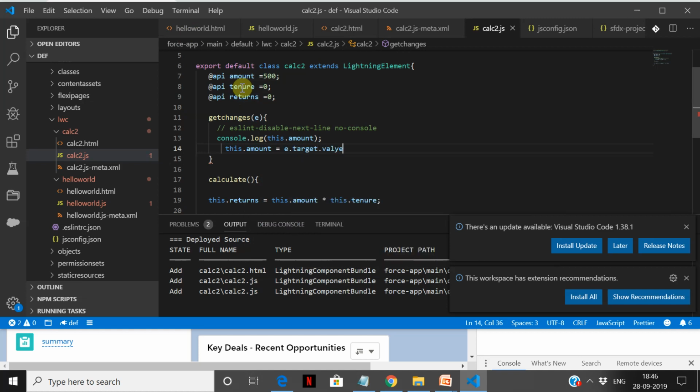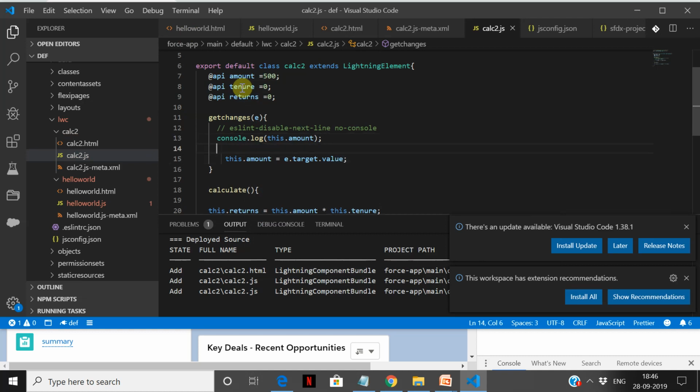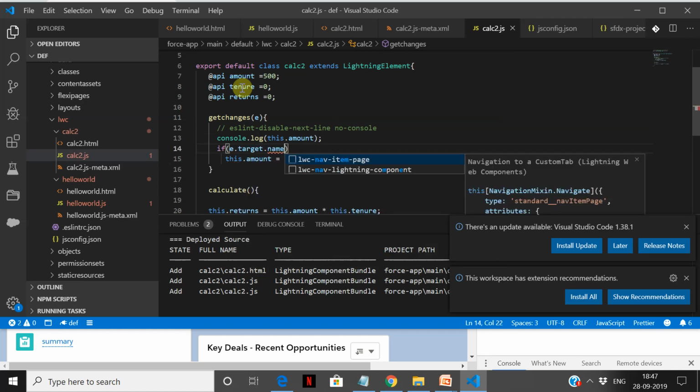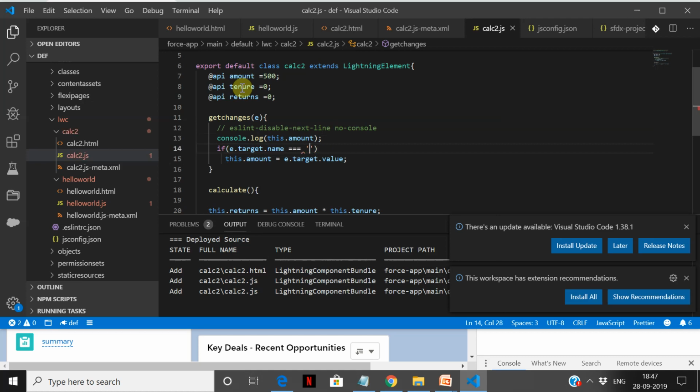This is normal JavaScript. e.target.value. Now we can also do one thing. We can say if e.target.name is equal to amount, then we will say this to be done.